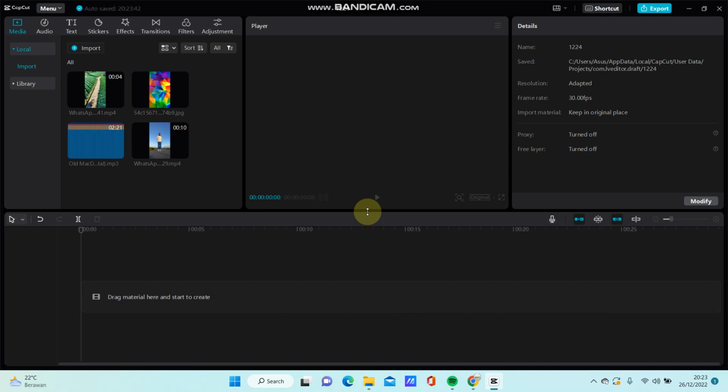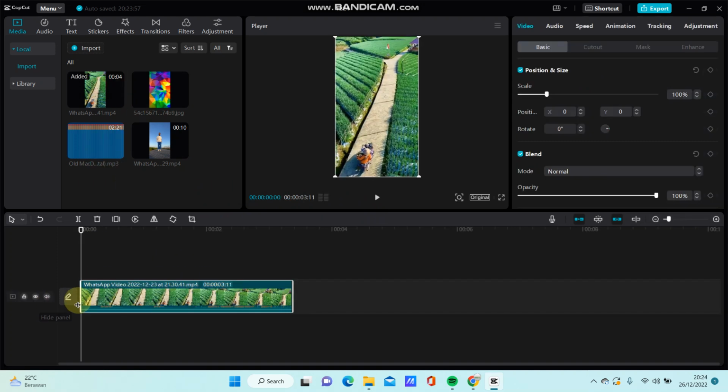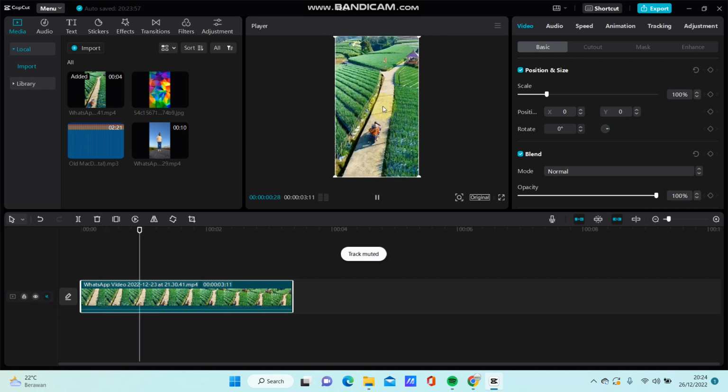Hi guys, in this video I'm going to show you how you can motion track a video in CapCut PC. So just select your video with the moving object. So you can see this moving object